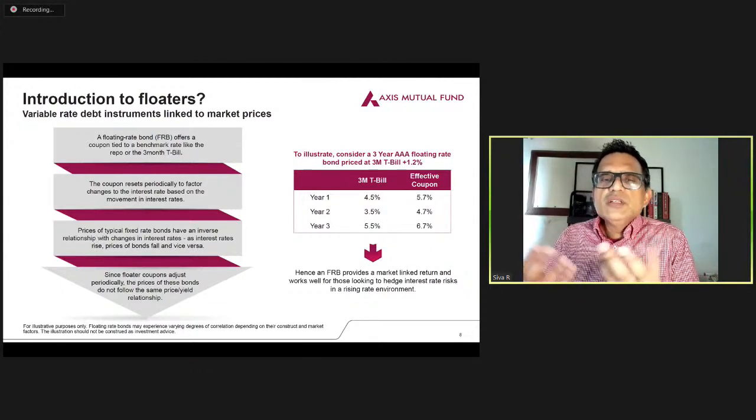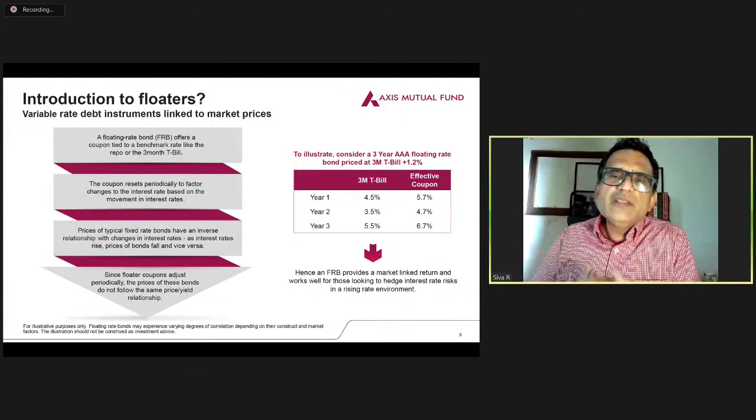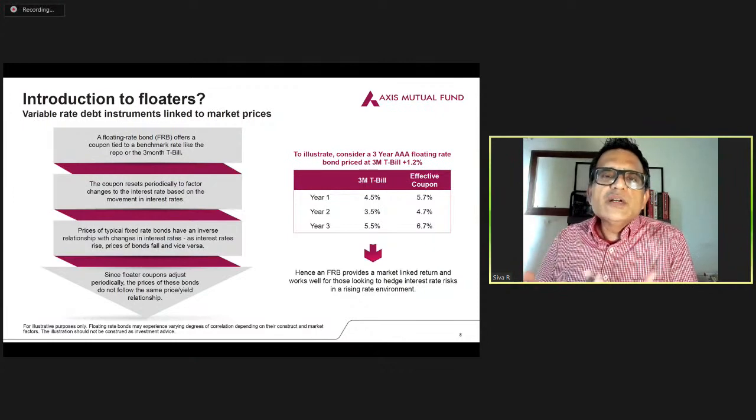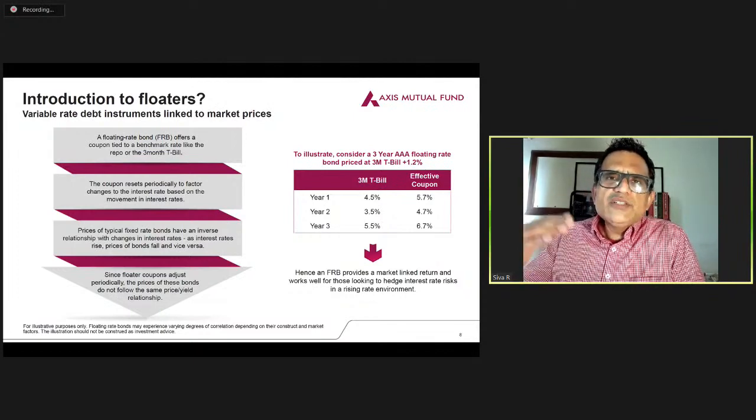A fixed rate bond just pays a fixed rate of interest through its life. So let's say you're buying a 5-year bond at 6% per annum, every year you make 6% per annum. At the end of the period, you get the 6% and the maturity back. If you have a floating rate bond, which is linked to a benchmark, for example, the overnight rate or a treasury bill rate or any other interest rate in the economy, then as interest rates go up, the interest on